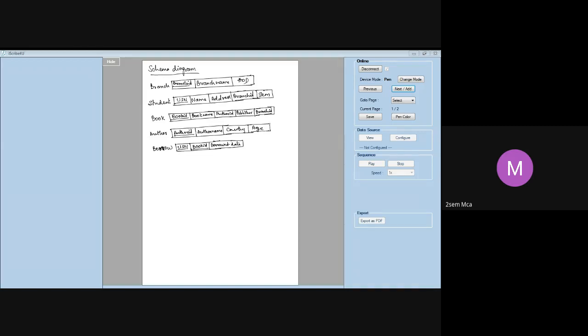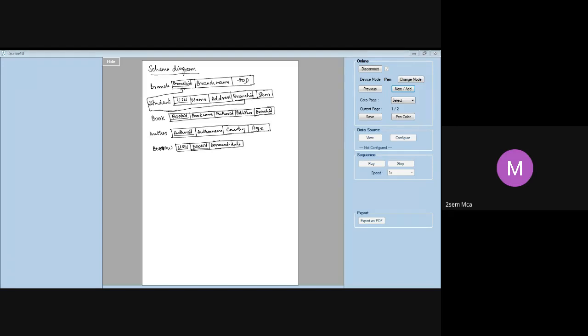So you should show that branch ID here is connected to the primary key of branch. This branch ID is a primary key in branch. Branch ID becomes a foreign key in the student table, because using this branch ID you connect branch and student. You have to show that.